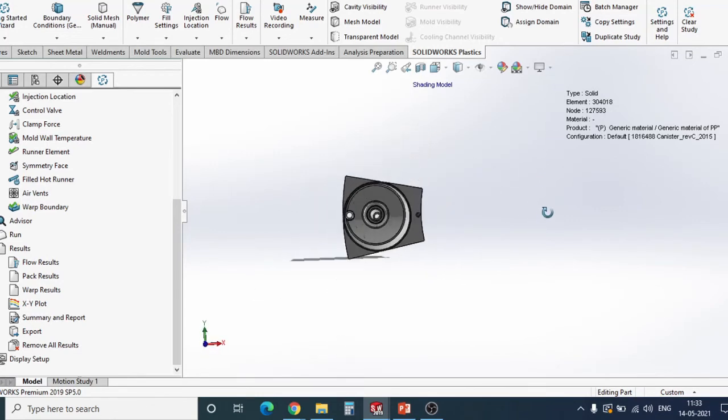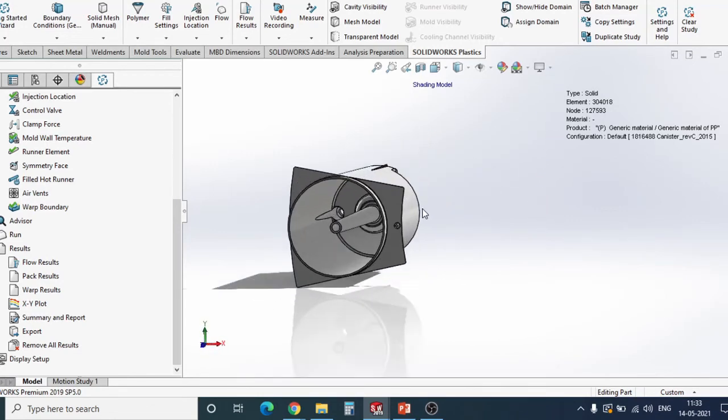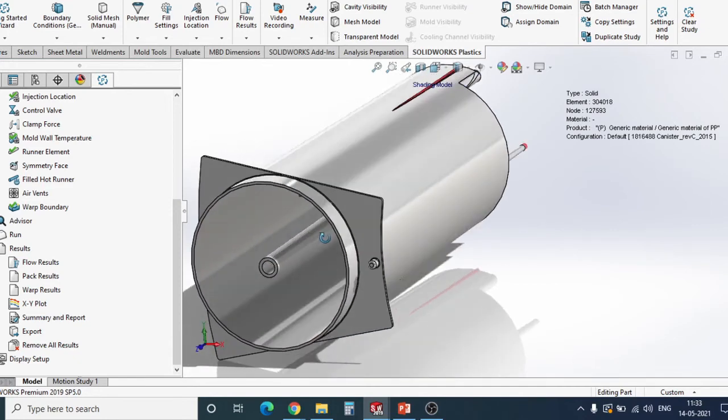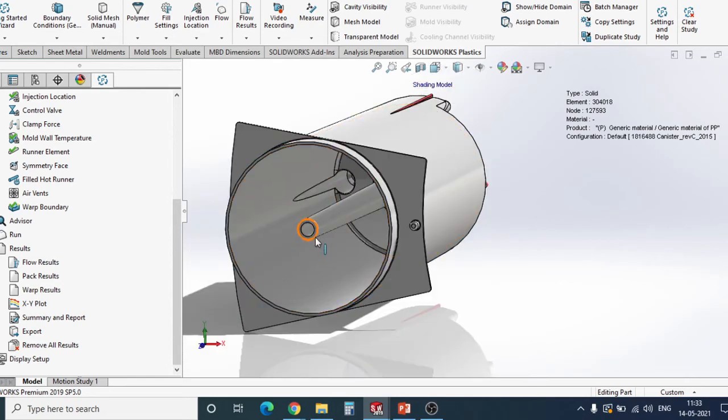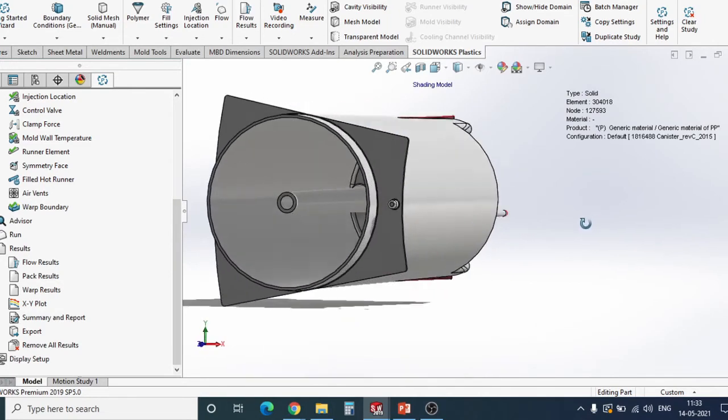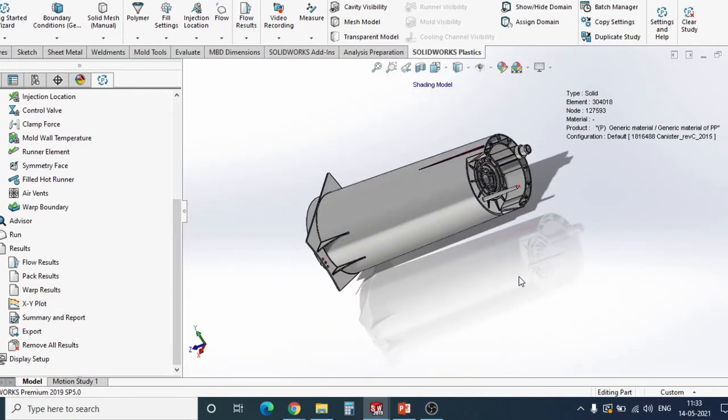Correct? Now warpage plays a very important role in this because it is like a cantilever suspended. This part tries to shrink because of the gravity, because it is suspended like a cantilever beam at the center. Correct?